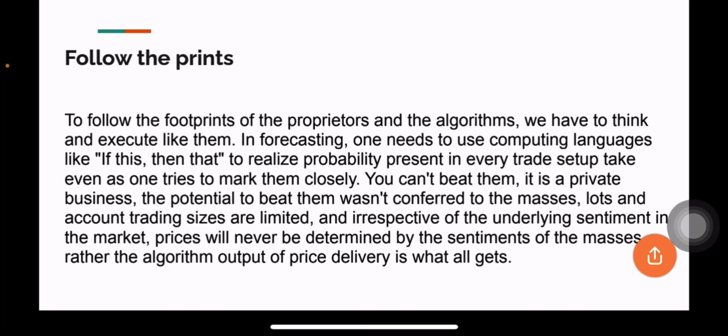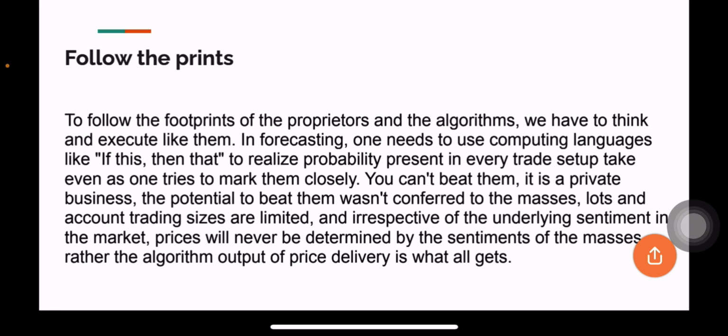Then when we are analyzing and forecasting, we need to use computer language, like if this then that. We want to do this for us to be able to realize the probability present in every trade setup. The fact is, we cannot beat them. It is a private business. They can do it any way they want, and the potential to actually beat them was not given to us,